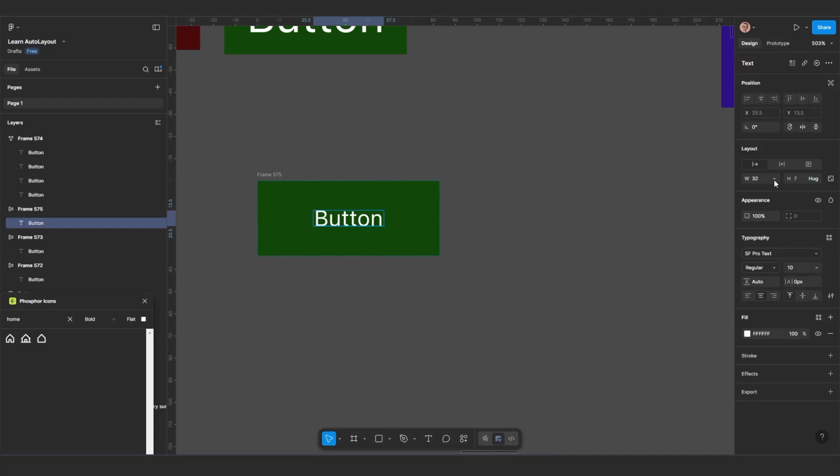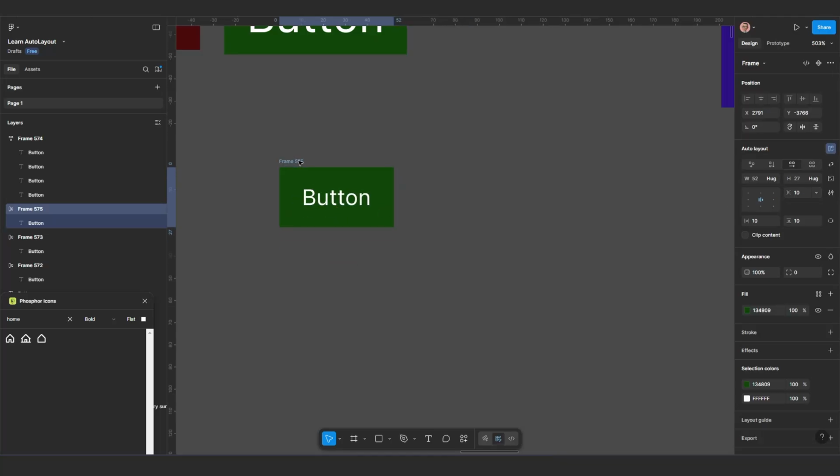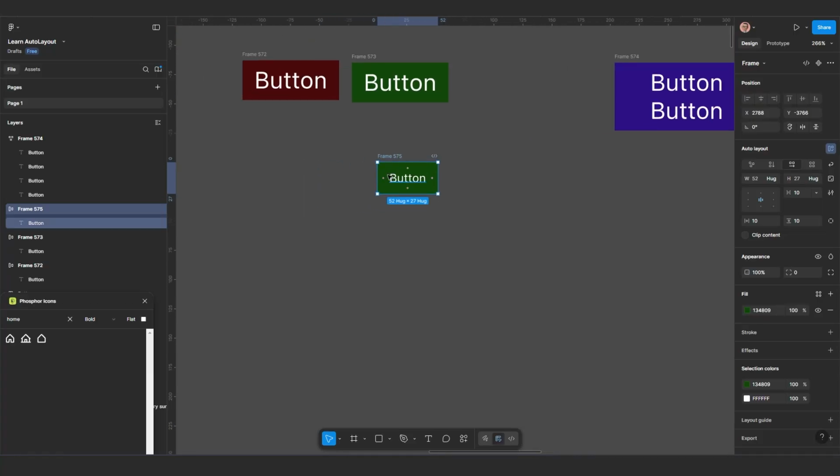Okay, so when you set the width of an auto layout to hug, it means that the content will determine the size of the auto layout. But when you set it to fix, it means that you are the one that has to decide the height or the width of the auto layout. So there's another one here called fill container, and to explain that, an auto layout has to be inside an auto layout. For instance, if I